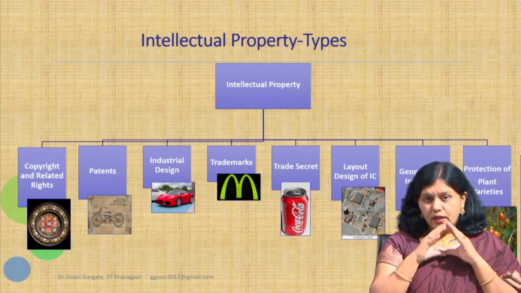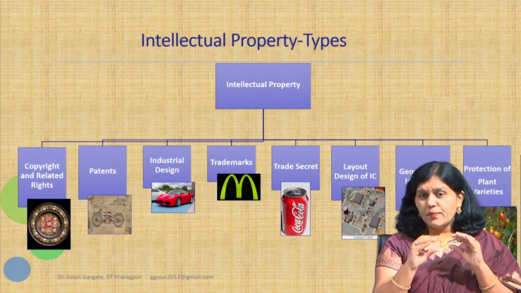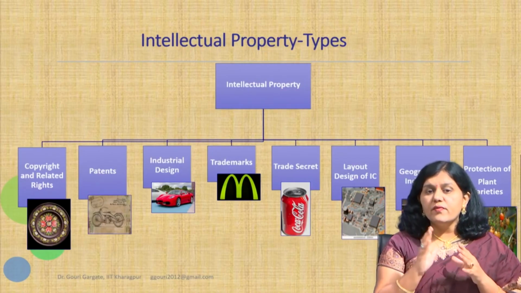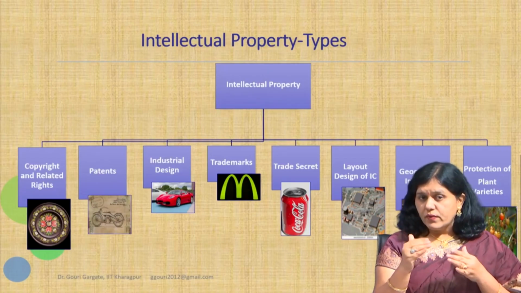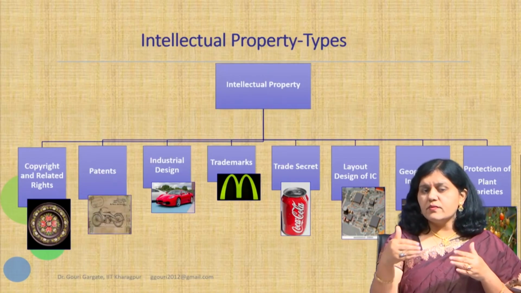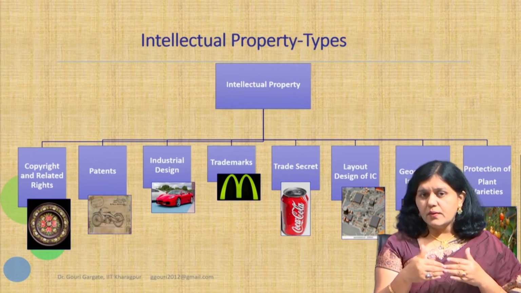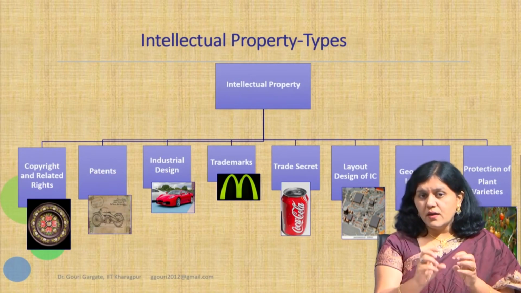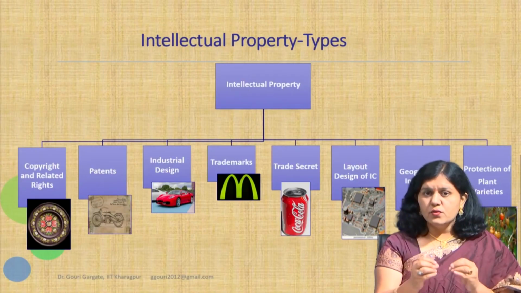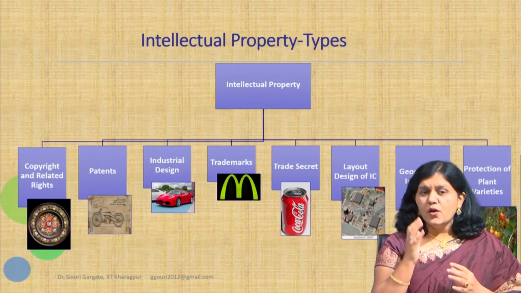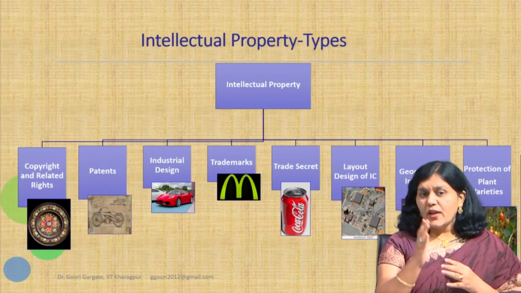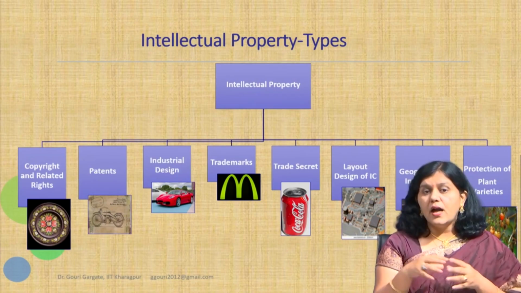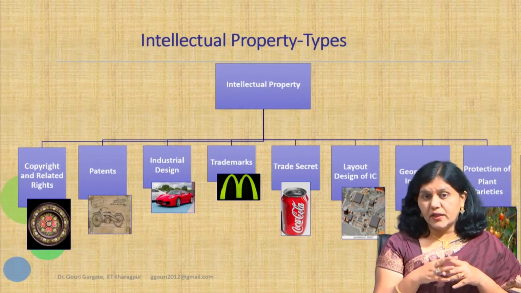So when we see intellectual property, these are the major types of IP. As an entrepreneur, as I have already told you, the first five types will be very important for you, and slowly as the course progresses, we will go into detail on each and every type, and give you an idea about how these IPs are indispensable. But if you are in entrepreneurship activity, you already have IP with you, and you have to identify which IP you have and how you should go about protecting it.